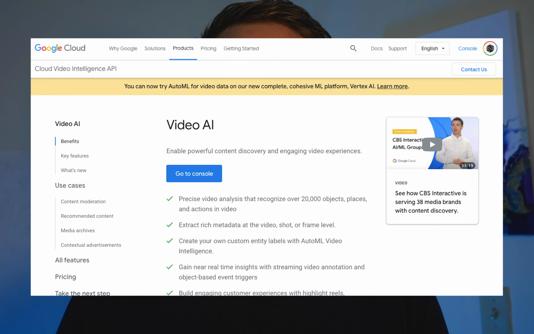Google has done it again and created a very compelling new capability that they are dubbing the Video Intelligence API. There's a couple different ways to gather data from this. This video is going to be talking about feature detection, which is essentially understanding what objects show up in a